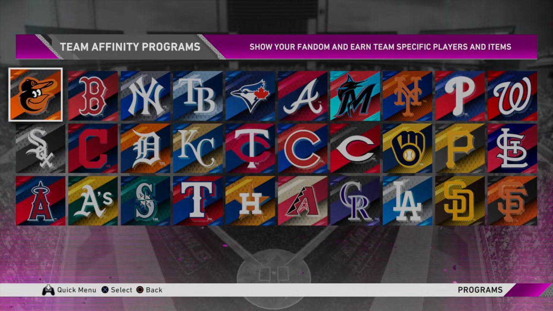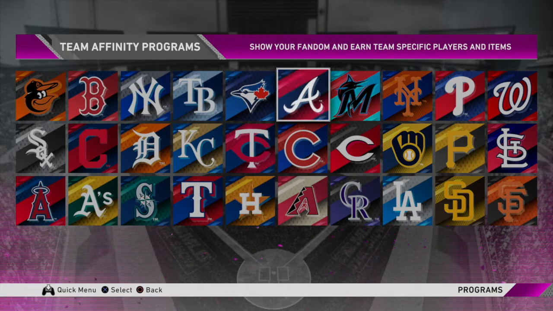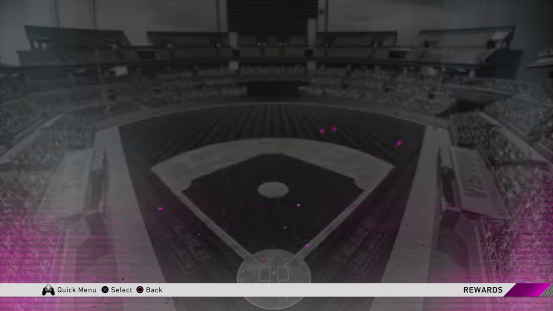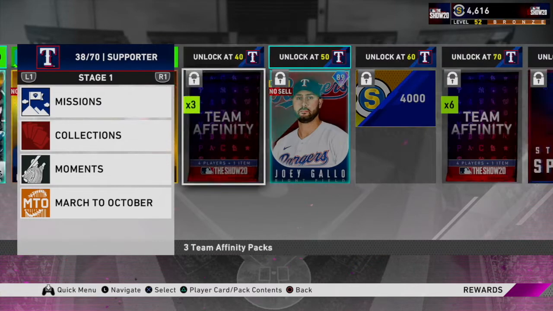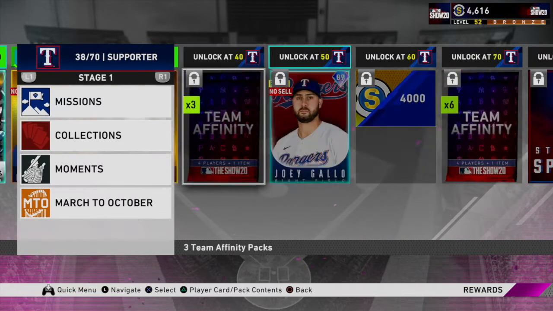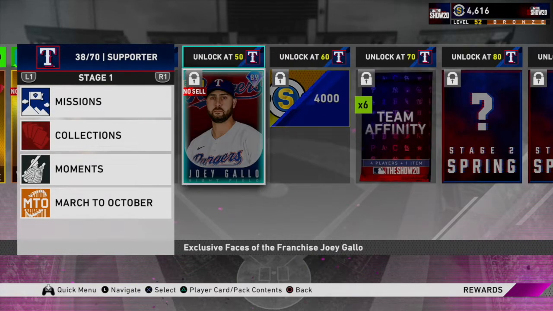So, if you saw the title of the video, you're obviously here to see how to get team affinities completed as quickly and cheaply as possible. I know everybody, like myself, is trying to get this Joey Gallo, and you can see I'm getting there. I'm almost there. I just figured out this method last night, and I've been grinding it a little bit, but it hasn't been too bad, and I'll definitely have him by the end of the day. Probably to upload a video, maybe reviewing him later if that's something you guys are interested in. I know a lot of people have already done that, but